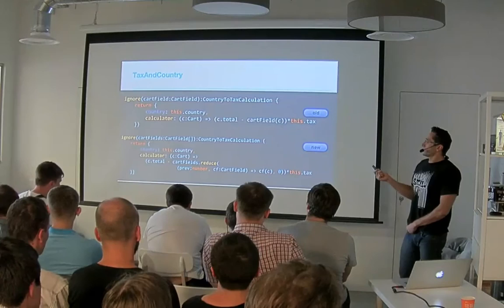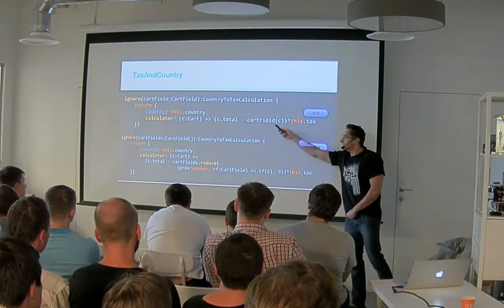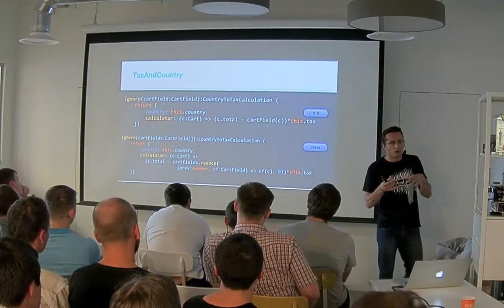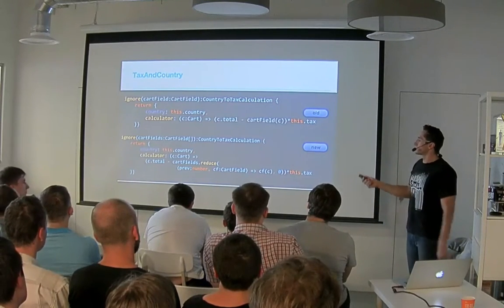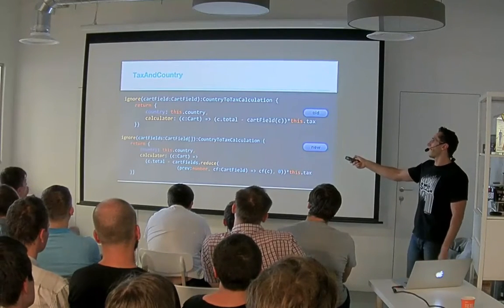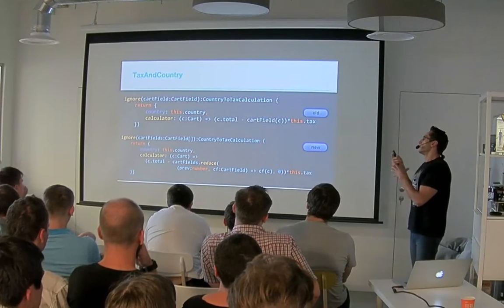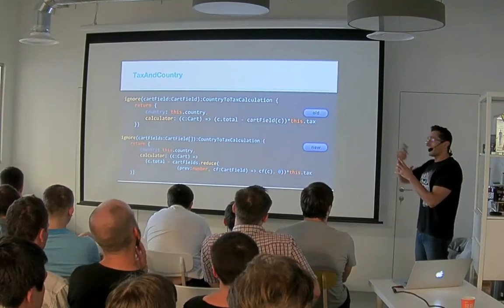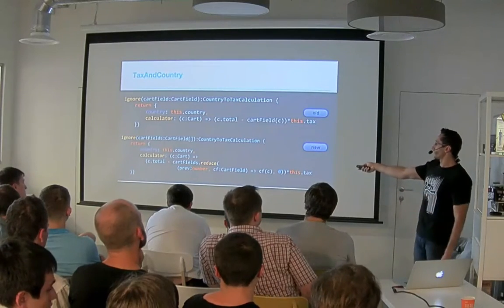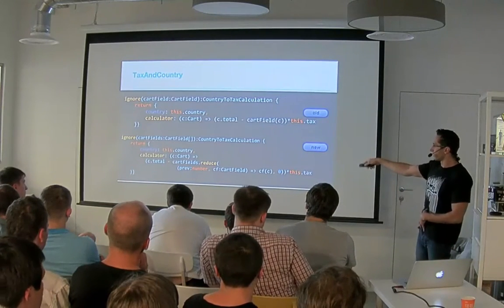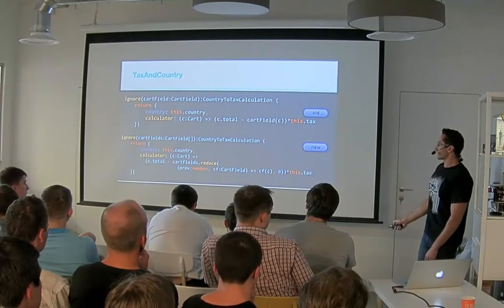Our ignore function now needs to change as well, and instead of just doing minus, we need to accumulate all the count fields we are going to ignore. For that, we are going to use the reduce function on the count fields, which basically runs on the count fields functions. For each one, it applies the function on the count, adds all the fields, and in the end, we're doing just count total minus count fields, multiply the tax.